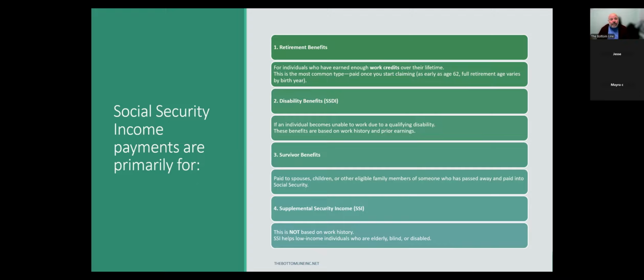Oftentimes I've seen and heard of individuals who, as they age, once they hit about 62, 63, start filing tax returns. I'm not sure of the exact amount, so don't quote me, but I think it's 2 or 3 years that you have had to pay in to get the minimal benefit and to get Medicare, which is the insurance that seniors use. And you'll hear about that all the time.